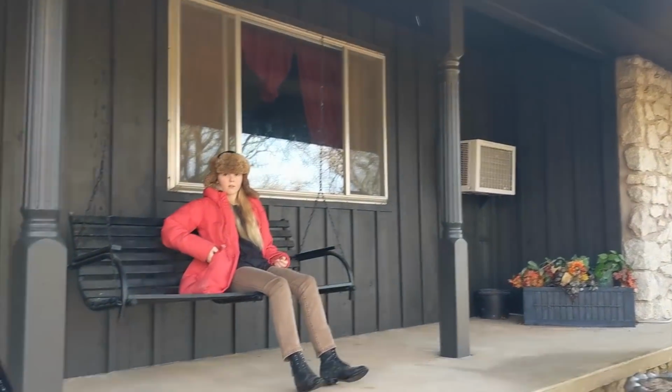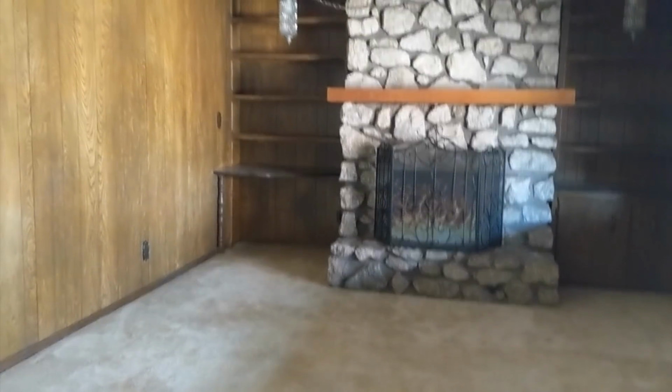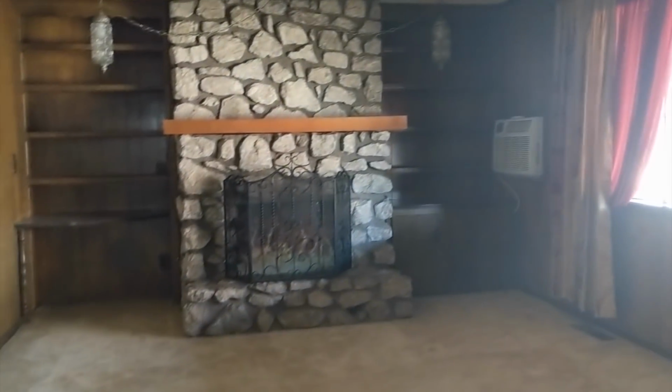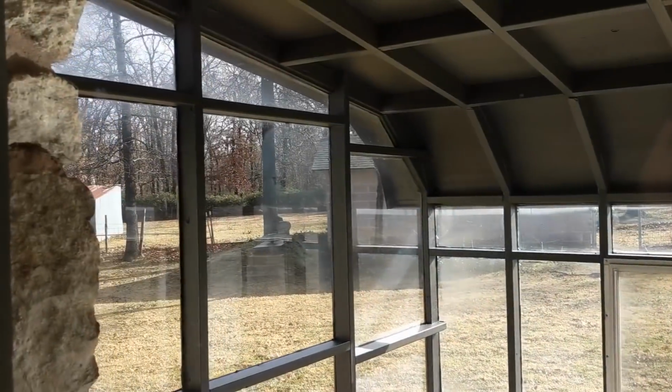I do like the porch. I always like a good swing. Right? It's really comfortable. Yep. It does have a wood fireplace. Not efficient. A spot where it looks like somebody else was already using grow lights. And then the sunroom